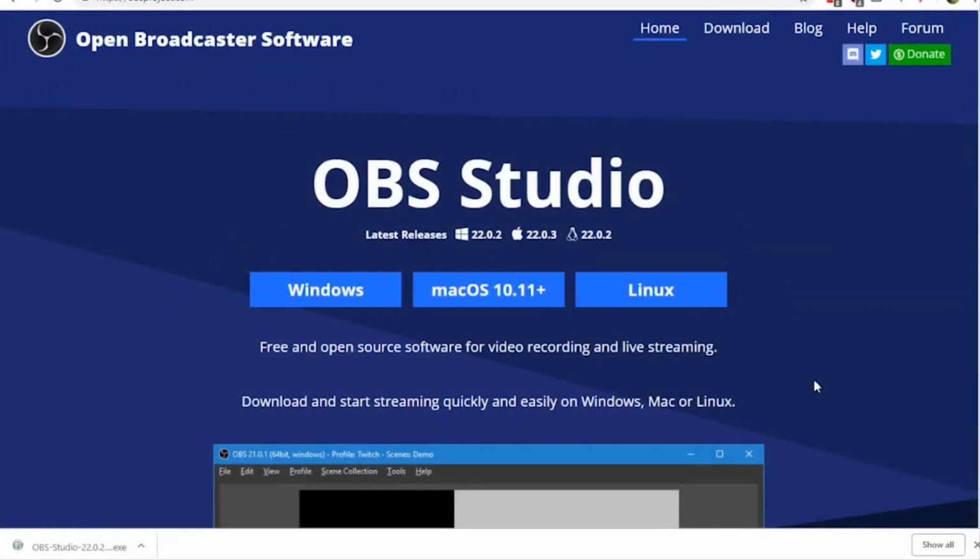Alright, so to start off, you're going to want to head to the first link in the description down below. Once you're there, you're going to be greeted with a page similar to this, and you're going to want to choose the operating system that you're using. In my case, I'm using Windows, so I'm going to click Windows. If you're using Mac or Linux, you can click those appropriate buttons, and once you do that, you'll be greeted